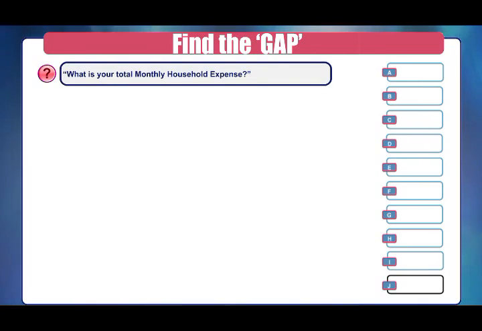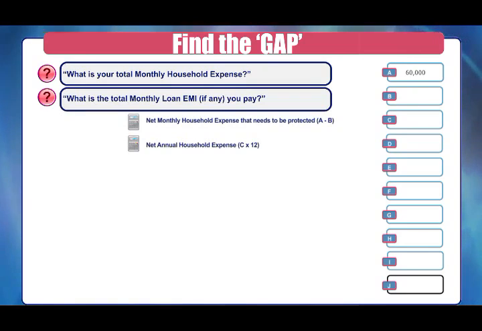I have with me Sanjay Mukherjee, and I will take you through this gap calculator with Sanjay. Sanjay, what is your total monthly household expense? 60,000. Okay, thank you. What is the total monthly EMI you are paying if you have any loans? 20,000. So now we will calculate the net monthly household expense, which is 40,000, the monthly household expense minus